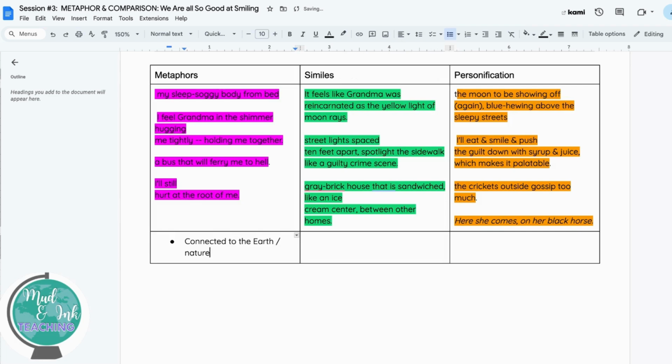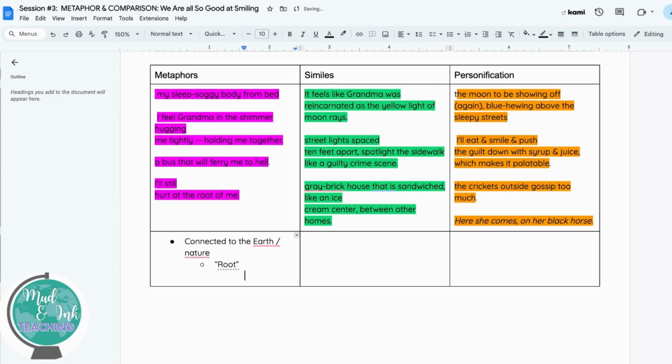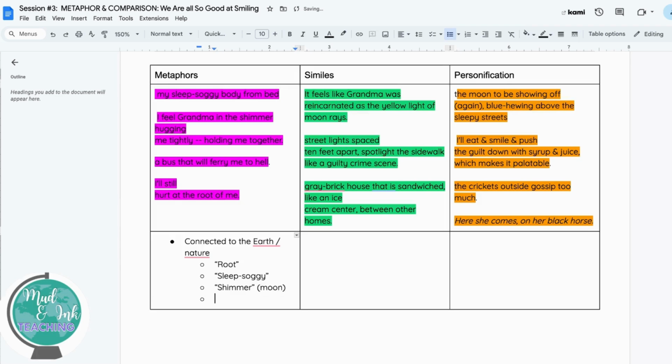So we've got the root of me, her sleep, soggy body, the shimmer of the moon, even the bus that will ferry me to hell, right? The ferry is river, right? We know it's the river of the underworld, but still, it's on the list as